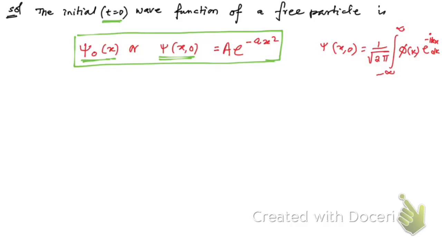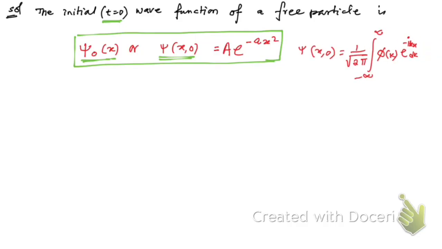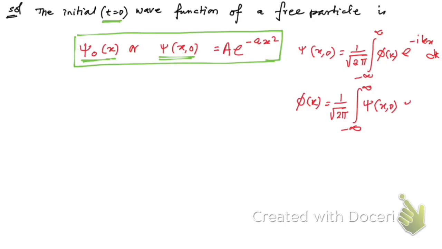Okay, let me write here properly, just give me a second. e to the power i kx dk. Okay, if you don't know, then first note this formula. Then phi of k is equal to 1 by root over 2 pi, integration from minus infinity to plus infinity, psi of x comma 0 e to the power minus i kx dx. Okay, and